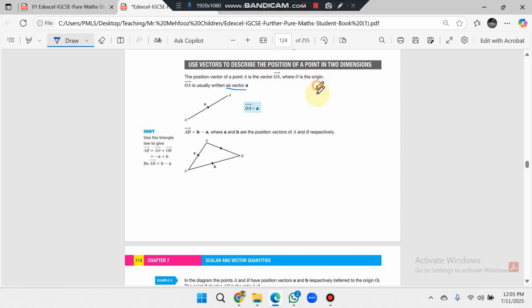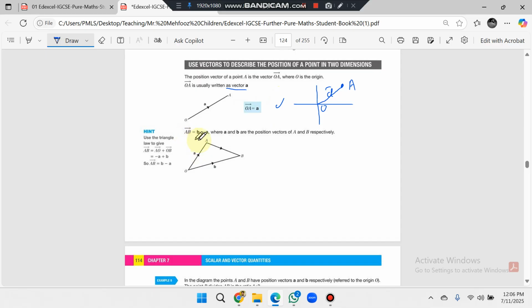So it means that if you have a Cartesian plane and this is the point A, and you are finding the position vector of A, it begins from the origin and ends at A. So this is O, this is A. So the whole vector is named as small a bar, right? So the position vector has the dimension from origin to that point. OA is equal to small a.